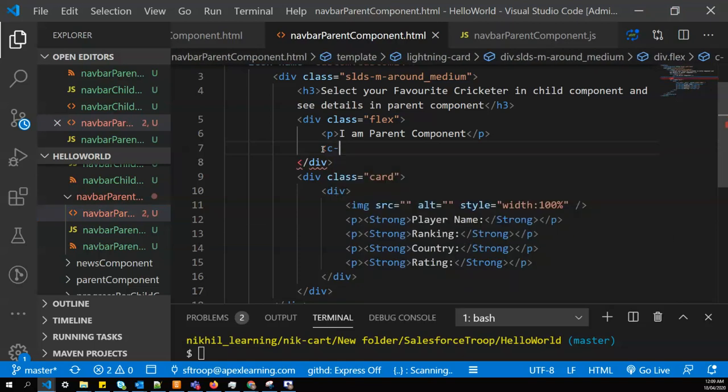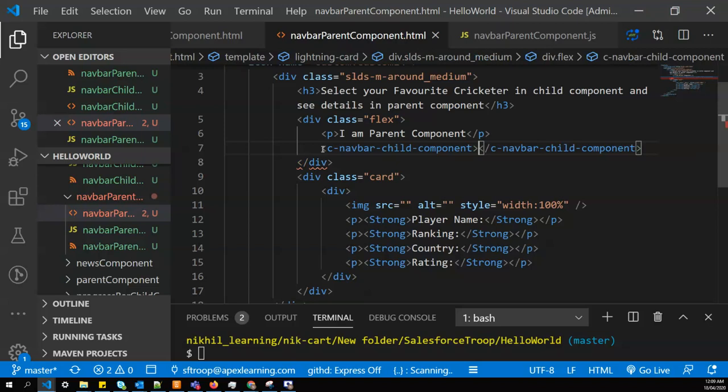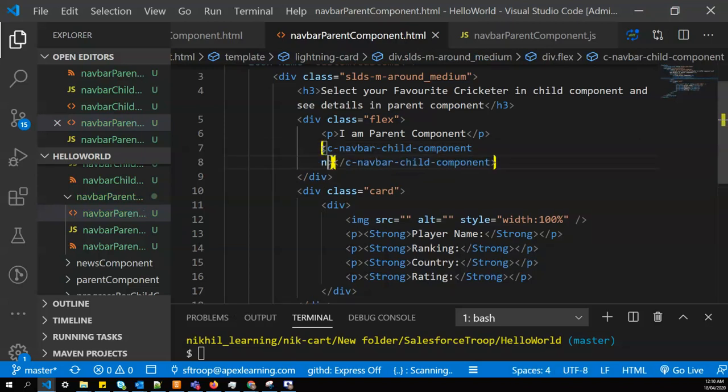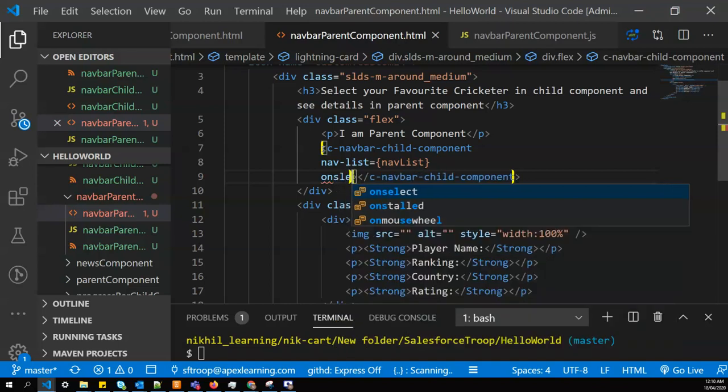c colon nav, our child component, and within this component we have to pass nav list, that is nothing but nav list, and we have a listener called selection. So we need to append on to the event name, the custom event name.